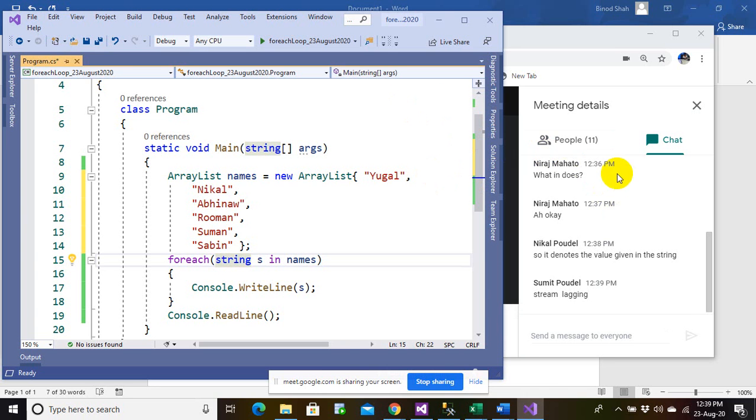Okay, so Nicole has a question. So it denotes the value given in the string. Absolutely, Nicole. It denotes the value given in, not exactly in the string, but in the array elements. Okay.